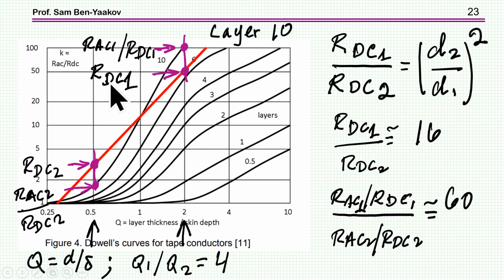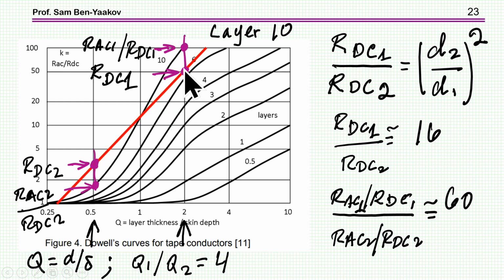This is RAC over RDC, and this line helps us to examine this relationship, okay? So I'm starting with a Q of 2, Q is D over delta, and then I go to 0.5. So the ratio is 4. So I'm going to reduce the diameter of the wire or the height of the layer fourfold. Consequently, the change in resistance will be according to this line, and this difference now is, of course, 4 squared, 16, okay? Because this function is to the power of 2,